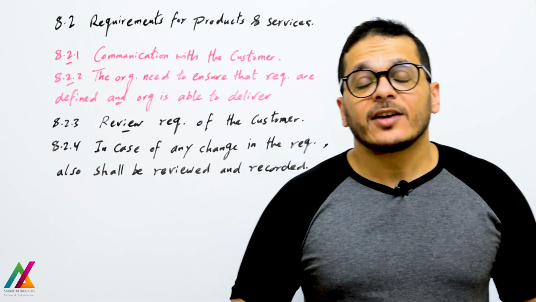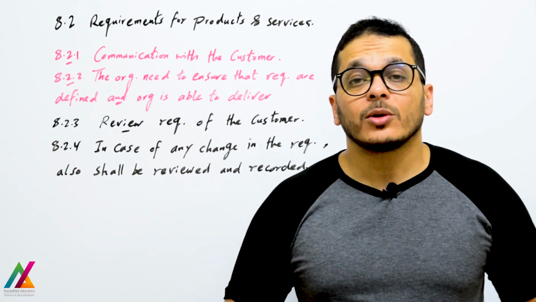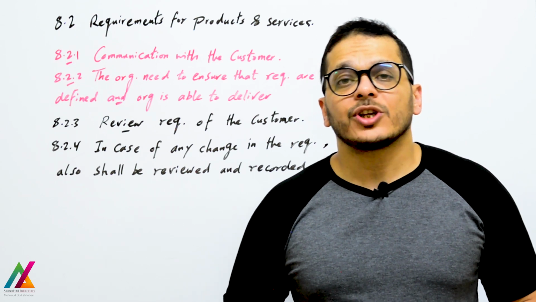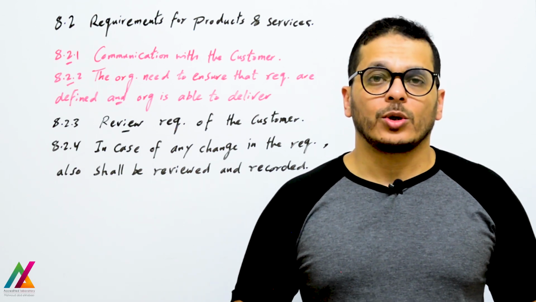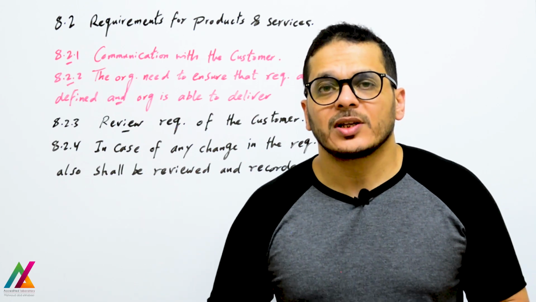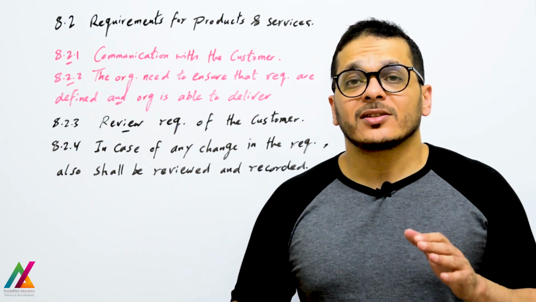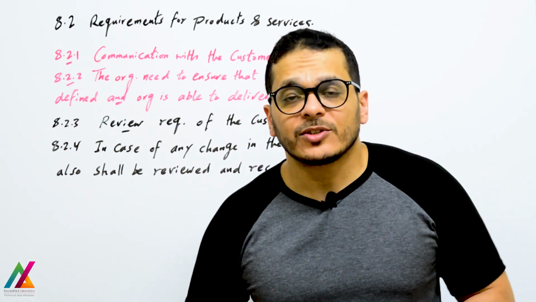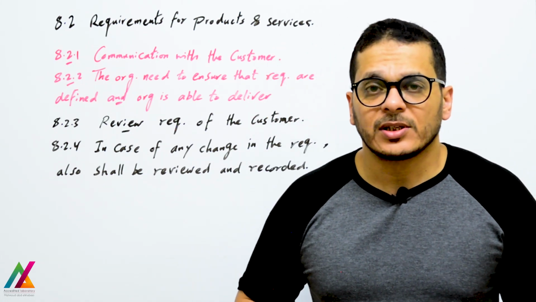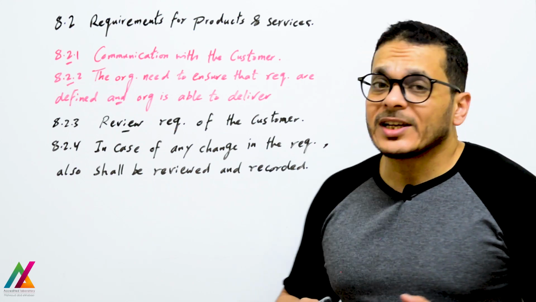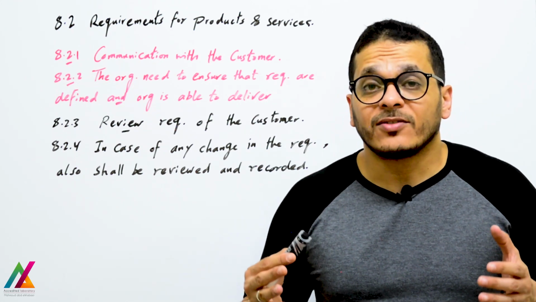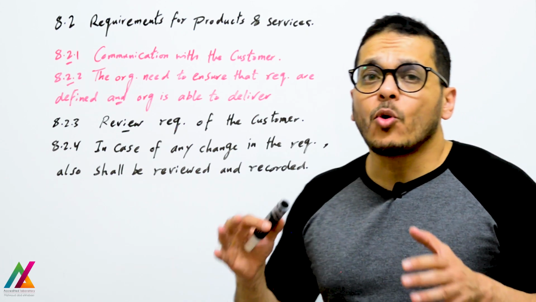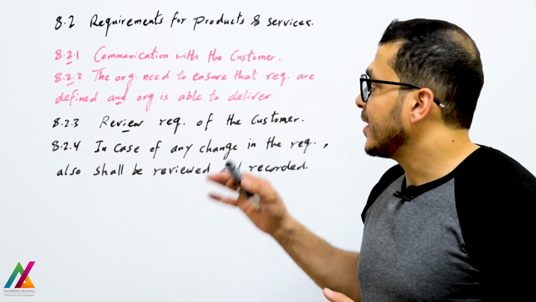In the previous lecture I explained clause number 8, which is operation, and under this the first subclause, which is operational planning and control. Before starting any process inside the organization, it shall start with planning. And the second subclause is requirements for products and services. Requirements for products and services shall be identified well with the customer, and there are 4 subclauses under this clause